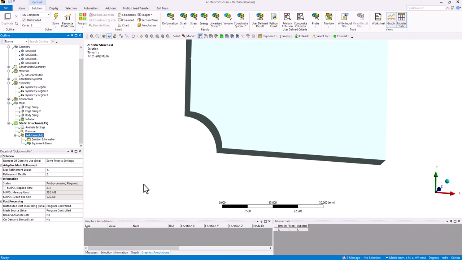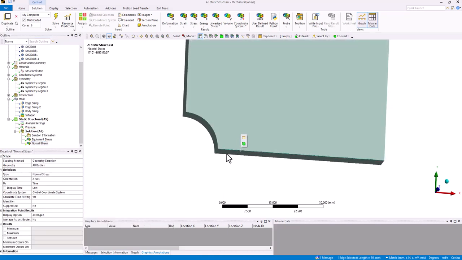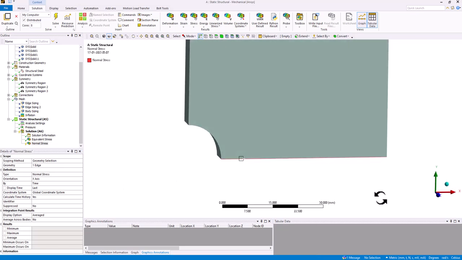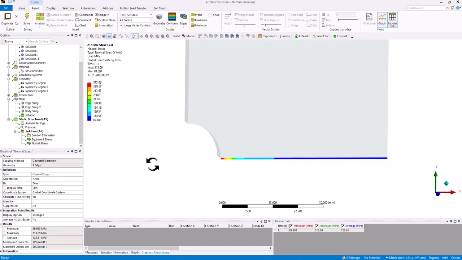For the time being, let's go with the normal stress. I want to plot the normal stress in the y direction along this edge. Under the geometry selection, you can directly select this edge, and the normal stress orientation you can change to the y axis. If I change it to the y axis, I will get a stress variation